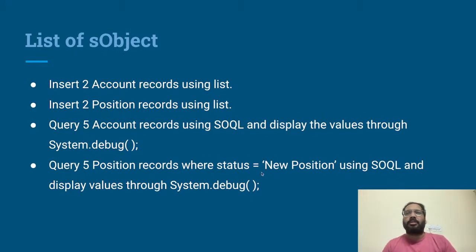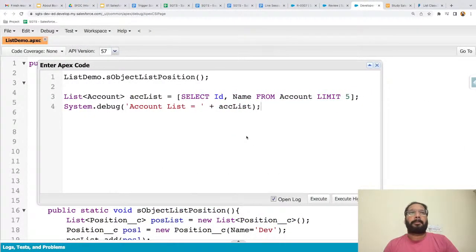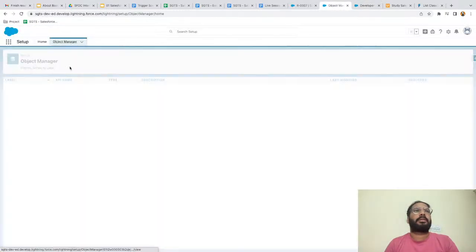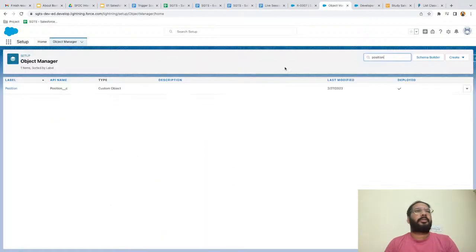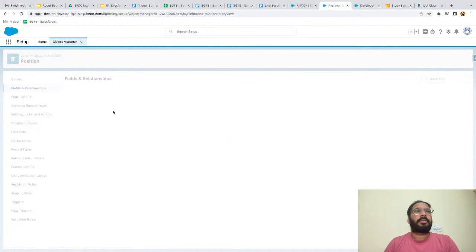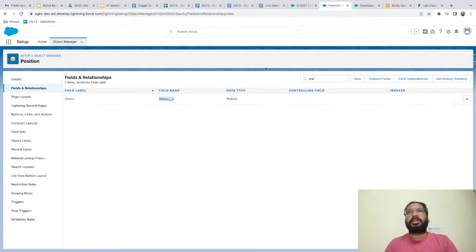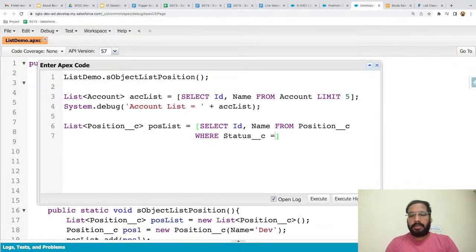Here we have a where clause also, where status equals to new position. So how can you write it? A list of position__c, positionList equals to select Id, Name from position__c where. We need to check the position object for the field API name. I just want the status field API name. It is there, so I am copying and using it here. Status equals to